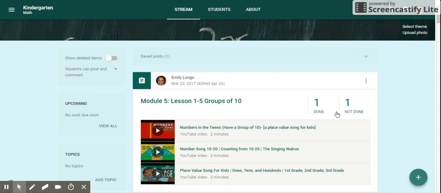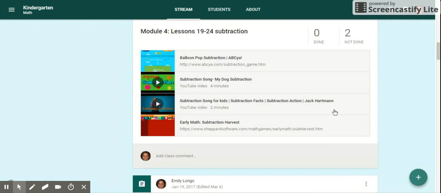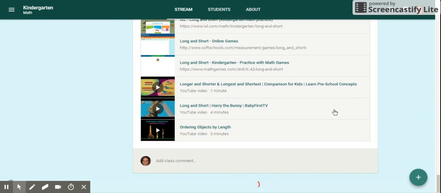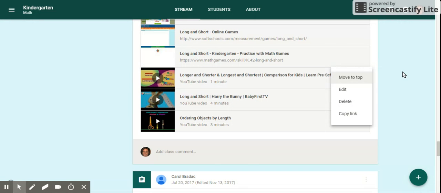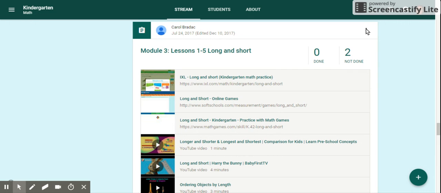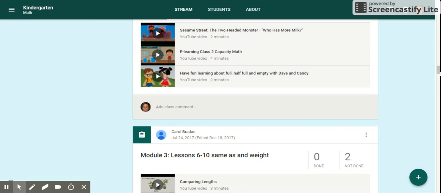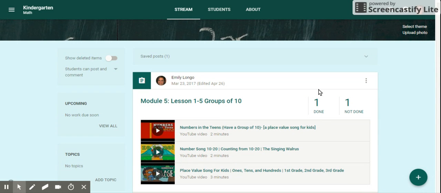Now, the other great thing is my class, we've used this last year as well, and I'm pretty sure the year before. So if I want to redo, like say it's the beginning of the year next year and I want to get to module 1, it's all the way down at the bottom and I don't want my new students scrolling all the way down to the bottom because they're going to see all this stuff. Well, I'm just going to start at 3. So what you would do is click the 3 little dots and it clicks move to top. So it will move this whole section for module 3 all the way to the top. So when the students click on the kindergarten reading at the top of the screen, they're going to see